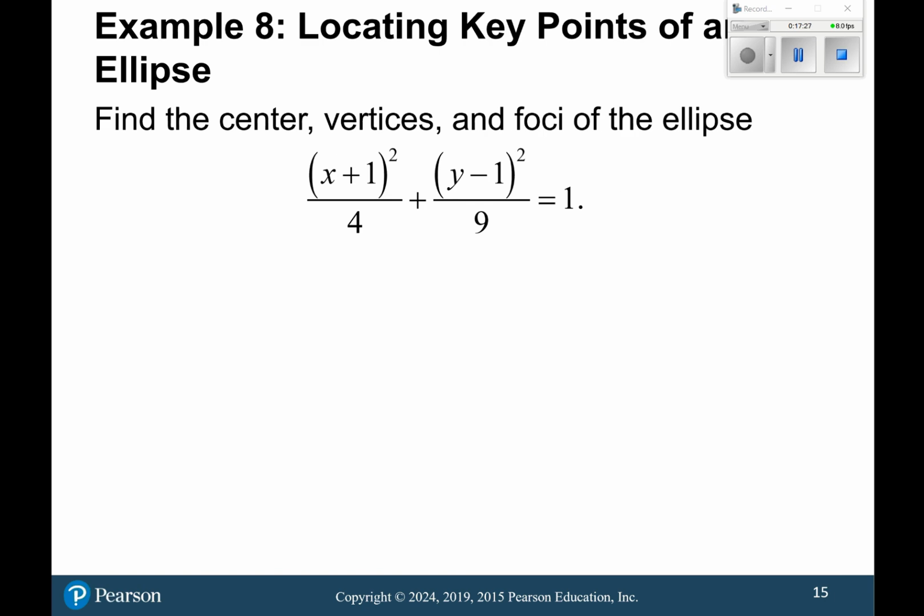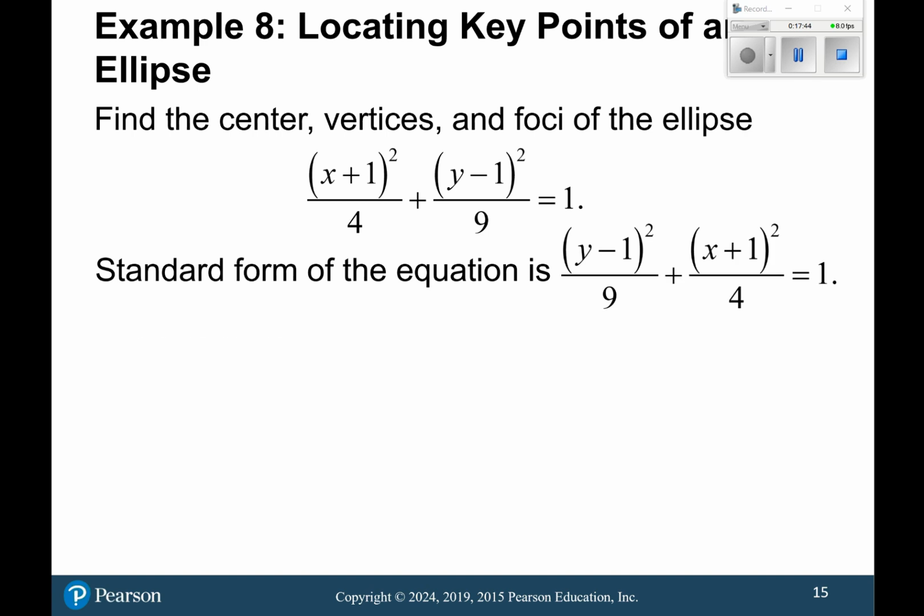Suppose you're given the equation. Again, going back and forth here. Where's the center? Where are the vertices? Where are the foci? So standard form, compare that. So the center here, again,